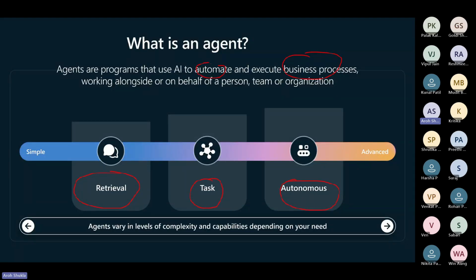So those are the different ways we can do it, and this is slightly more advanced because we are talking about the Power Platform, but we can also integrate AI Foundry. For example, we may want to integrate Salesforce or SAP, so you can have multi-agents working together. This is high level; I'm not going into detail. First, retrieval is simple stuff that end users can do. Tasks can be developed by business users and low-code users, and autonomous is mostly built by a partner or an in-house team with development skills. So this is a way we can do it.